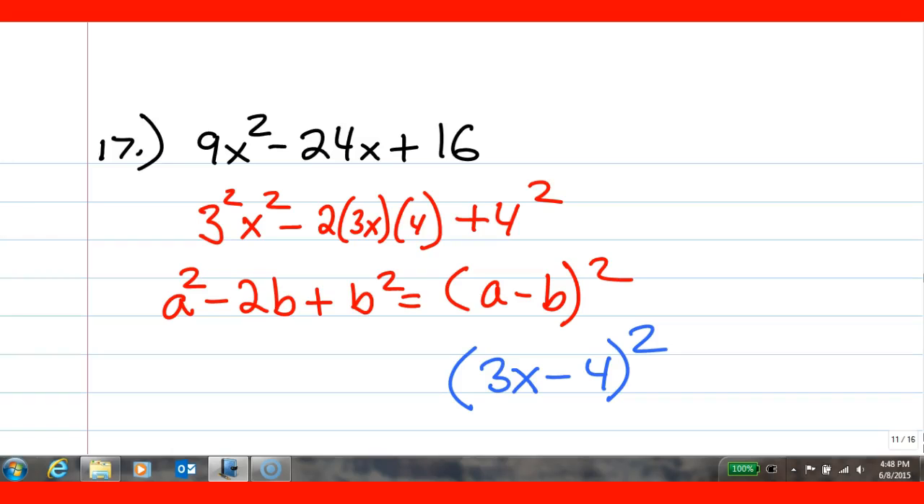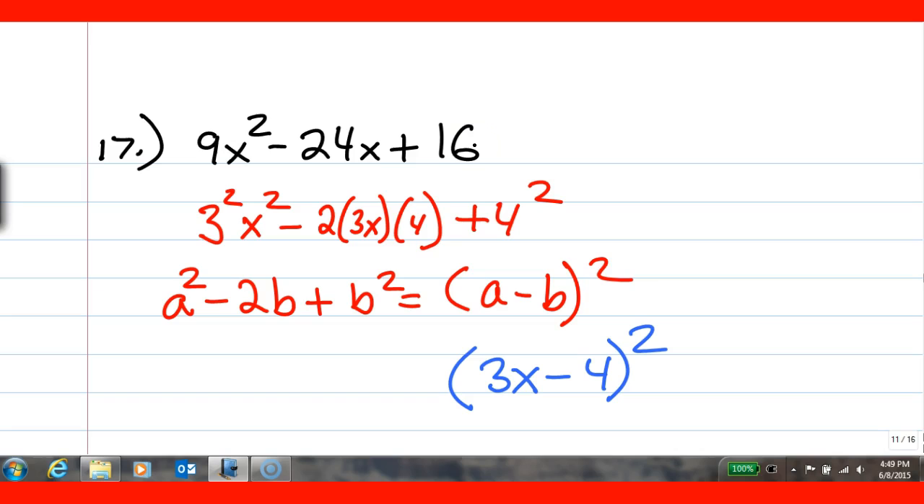Intermediate Algebra Mid-Course Assessment, questions 17, 18, and 19. In question number 17, we're going to go ahead and factor. Now, when I look at this one, I could, because I have something in the A position, use the A